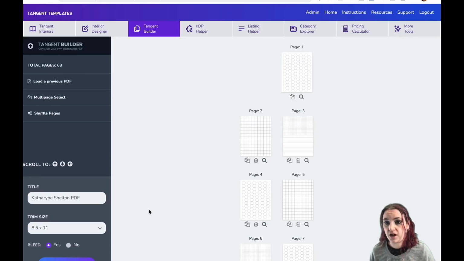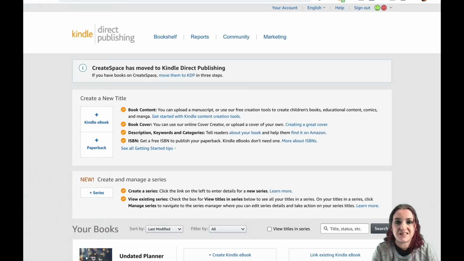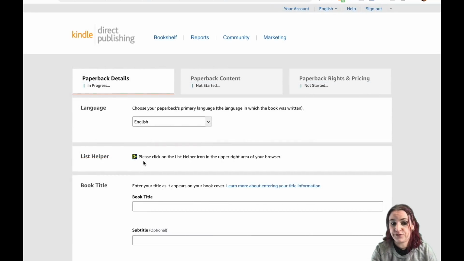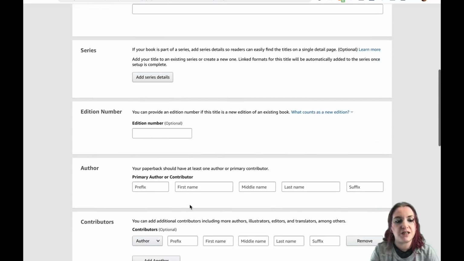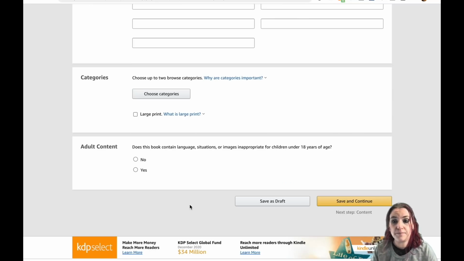So now we have our PDF, we have our cover all made. All that's left to do is to go into KDP. We're going to create a paperback book. And if you have the list helper, you're using Tangent Templates, that can actually speed up the process of creating a listing for you because you can just choose from one of the templates you've already created for your listings. If not, you can just go in here, fill out your information for your book, and then you're just going to upload your PDF print cover, you're going to upload your interior, hit finish,